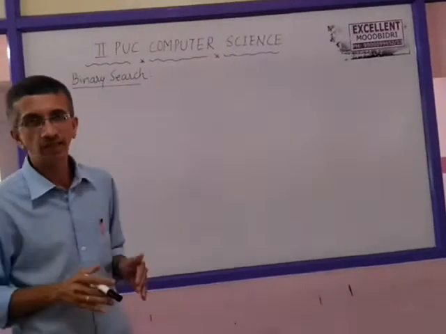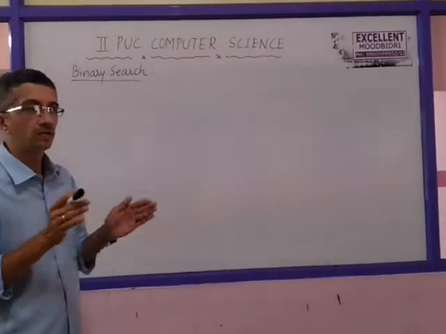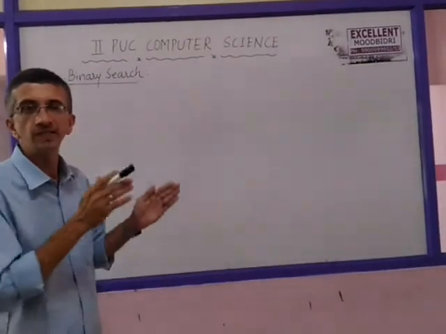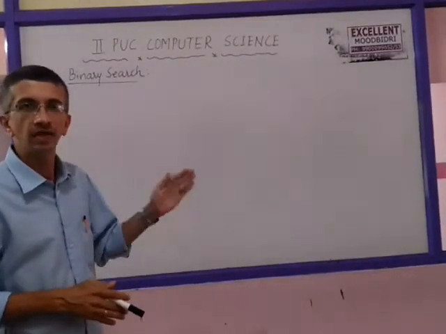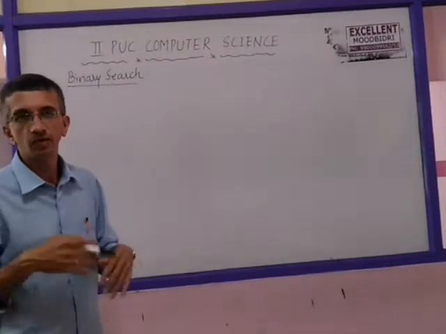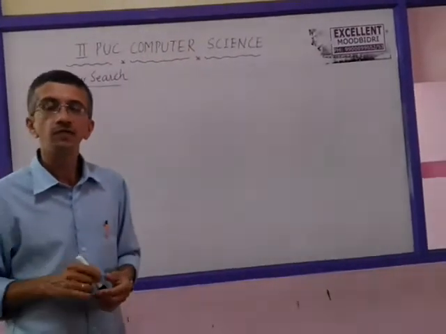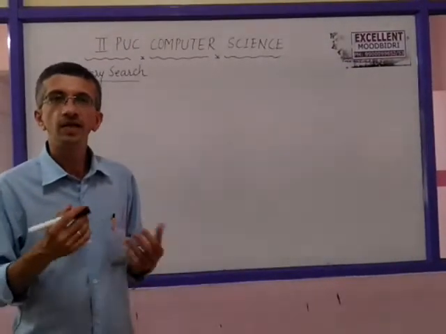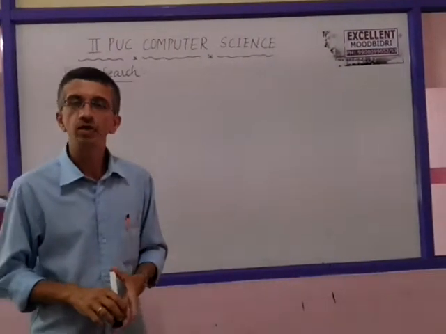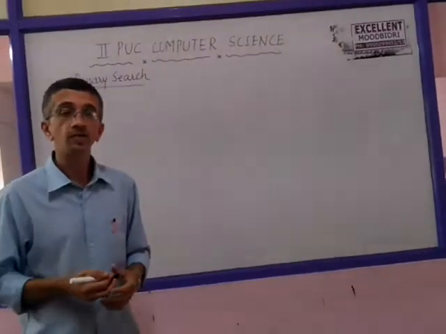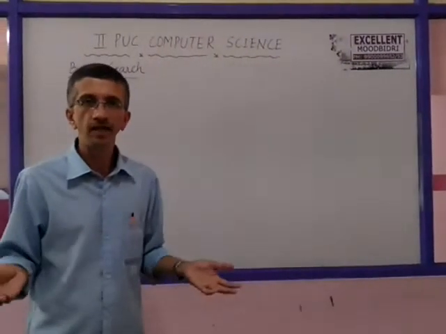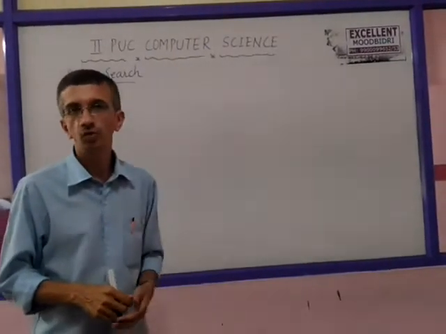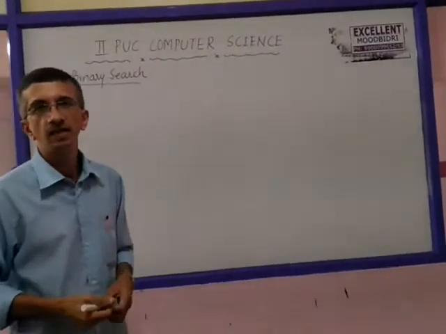So each time we have two divisions and the search continues at the middle point of each division, either on the left side or the right side. Finally the item we are searching for is found within fewer comparisons compared to linear search. In case the item is not found, we terminate the loop when the loop condition becomes false, which indicates that the item is not there.